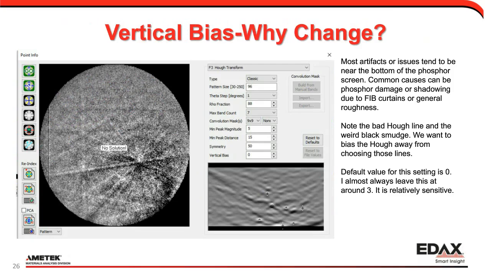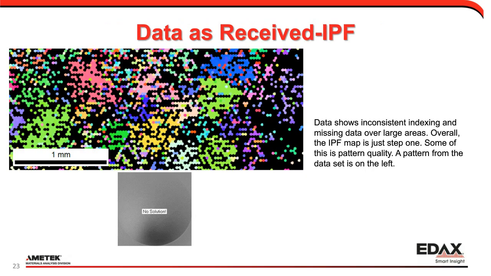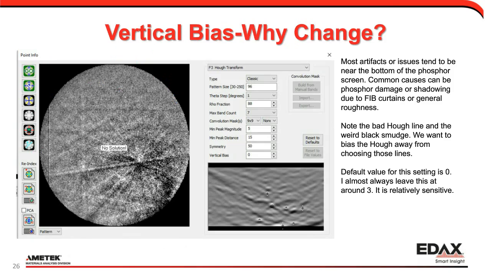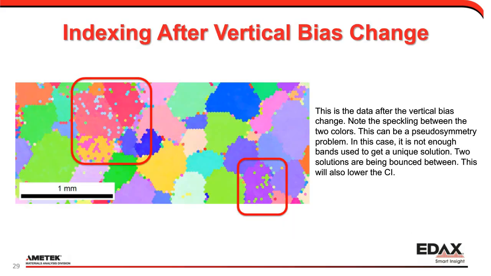So my pattern quality with things like NPAR and some other data corrections, I have patterns like this, whereas in the data as received, my patterns look like this. And there's really no pattern there for me to index. So I'm thankful that, in this case, image processing techniques existed that allowed me to get a pattern like this. But even with those, I get indexed results that, while I'm getting pretty good coverage,